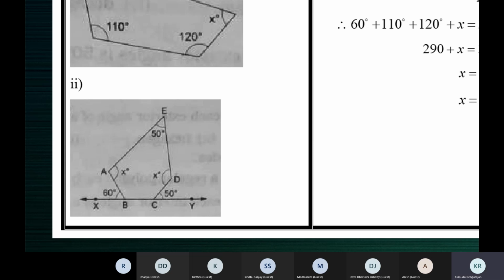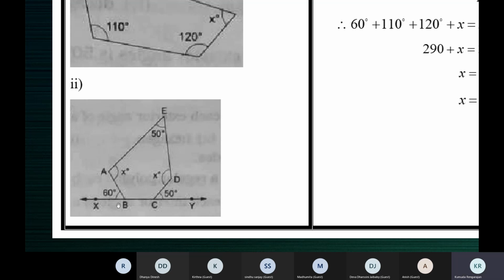Children, my question is, it is a pentagon. Is it a regular pentagon? By just looking at the figure, we cannot come to conclusions like that, but it does not look like a regular pentagon, because in a regular pentagon, all sides must be equal and all the interior angles must be equal. When we find the interior angles, we'll make out. It is not a regular pentagon. It is an irregular pentagon. We'll understand that when we find the results.